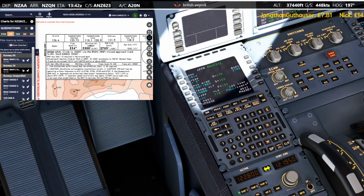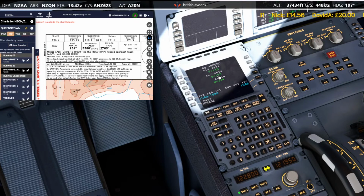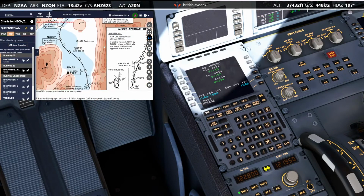BGA's go around speed basically, so it's with gear up but flaps 15. And for us that would be, looking at the MCDU, perf, probably, yeah, flaps full 149. So if we have to maintain 150 knots at that point, we're gonna have to stay